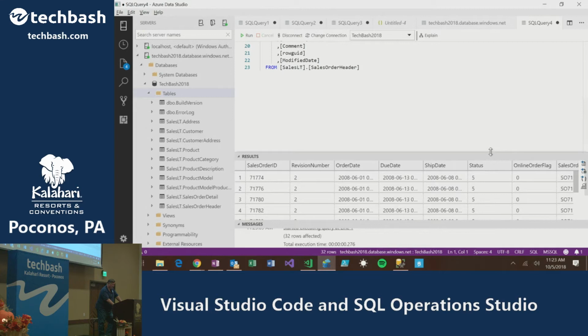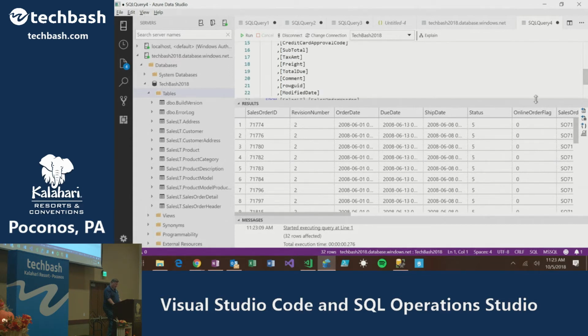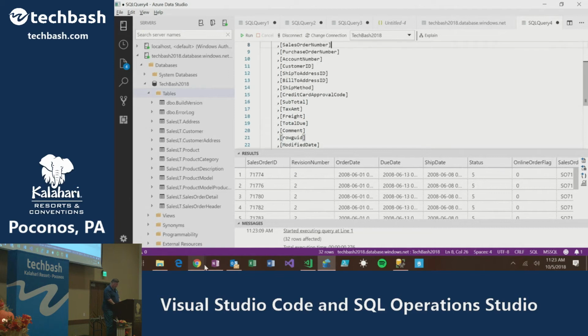So I can use this tool effectively, and I can manage Azure SQL databases from a Mac, from a Linux, anywhere I want. So now I will show you a cute trick that is in this tool that is not in SQL Management Studio.